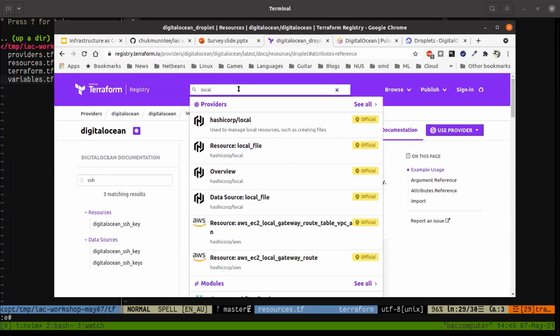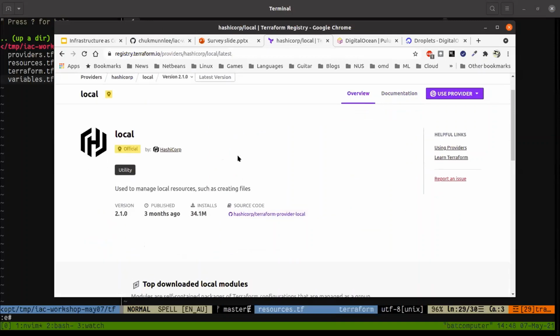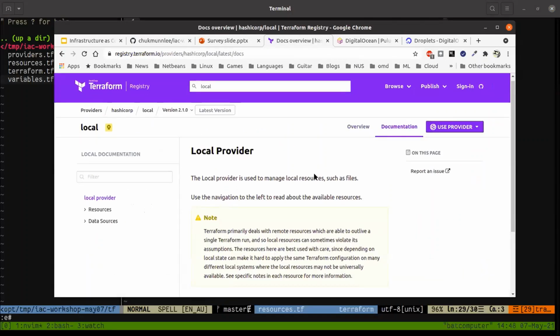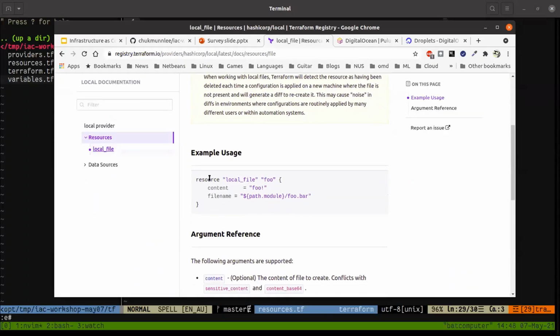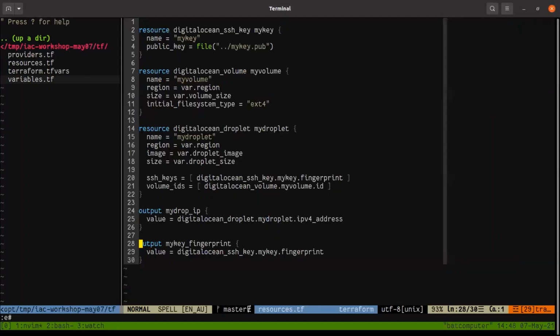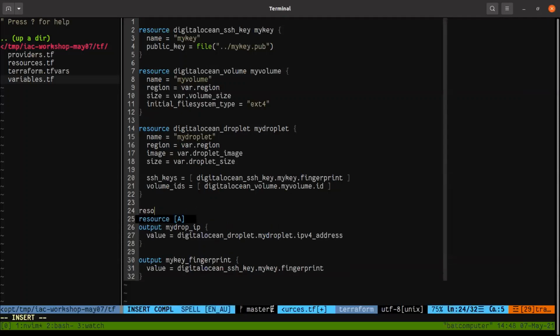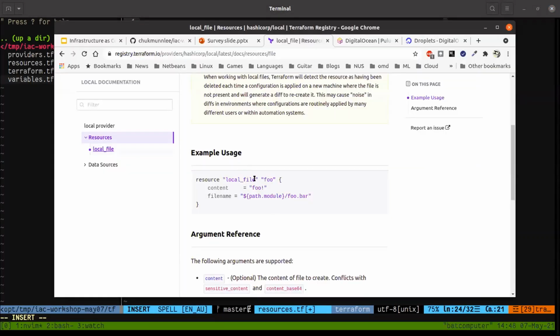So let's look at local again. So local allows me to create files. Okay. So like resource, local_file, the name of your file, and then what is the content you want to put in, what is the file name. So let me do this. I can go resource. Okay. I'll go local_file. That's this thing here.